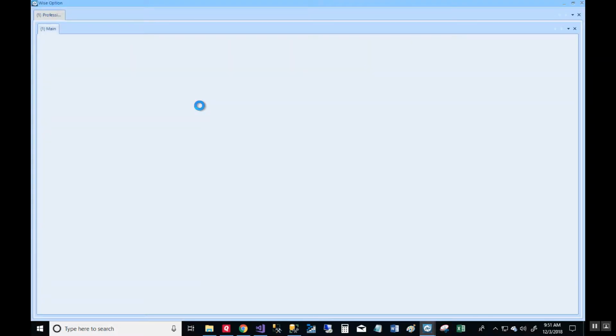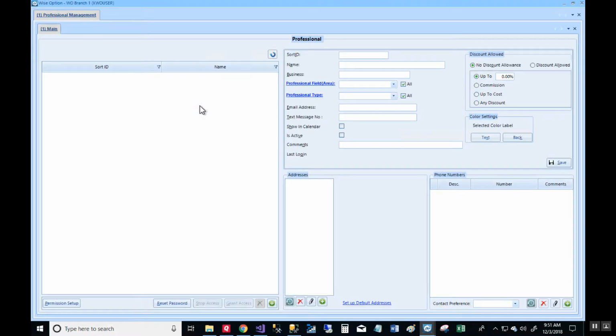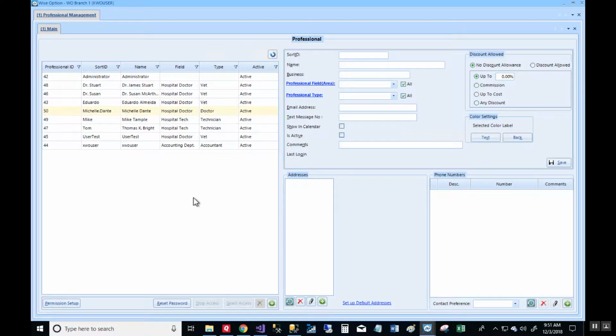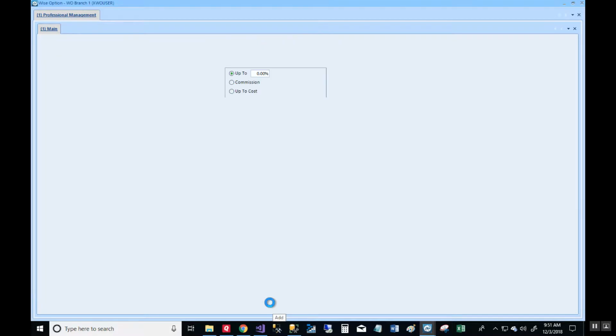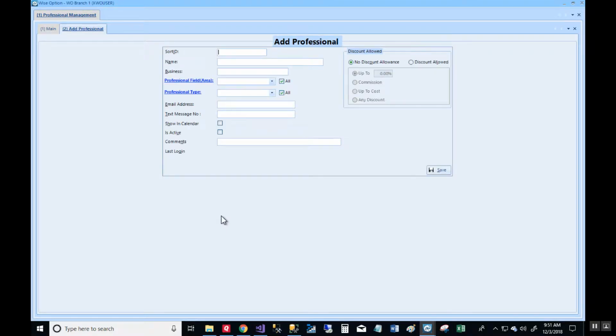And that form is going to show you the list of current users set for WISE option. Down here in this option, you can click on Add to add a new user. The sort ID, it's just a short name, so I can say, for example, Art,